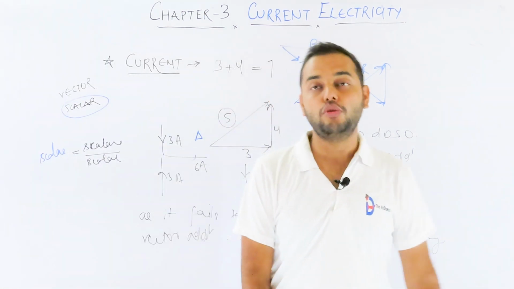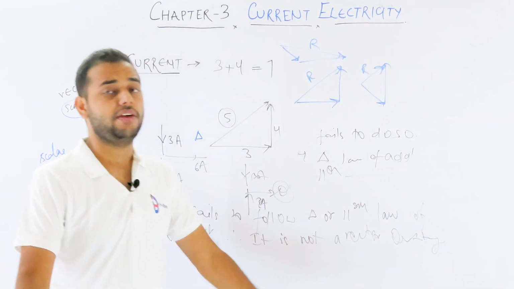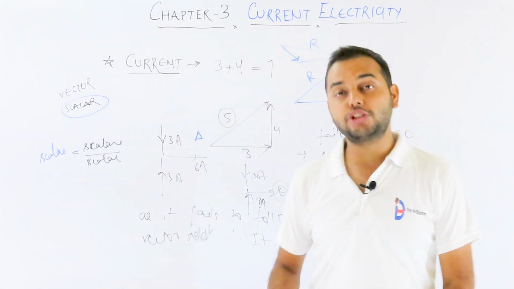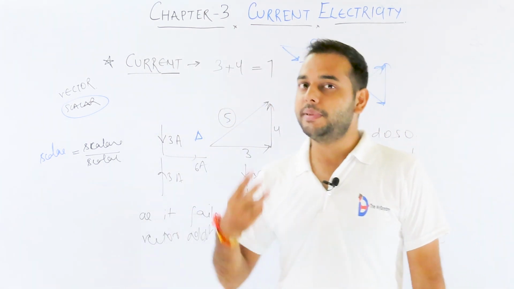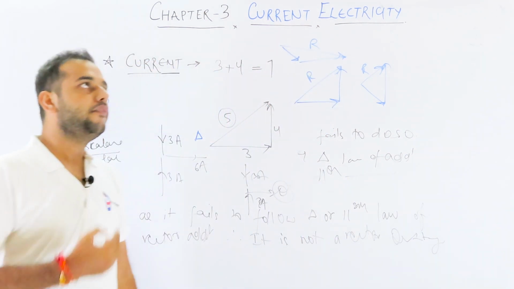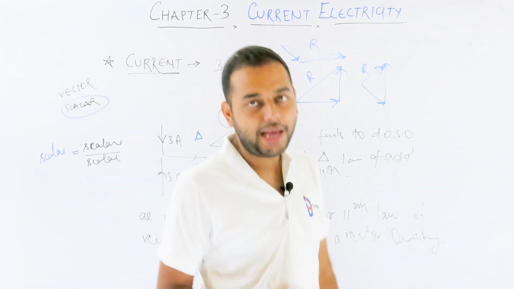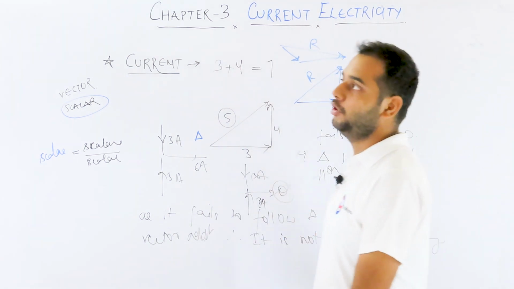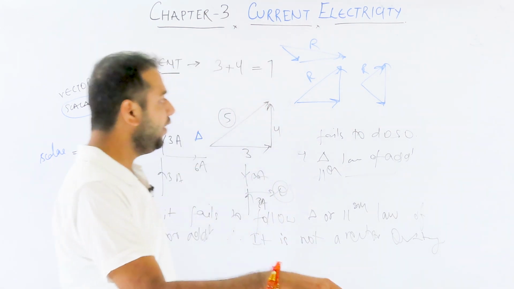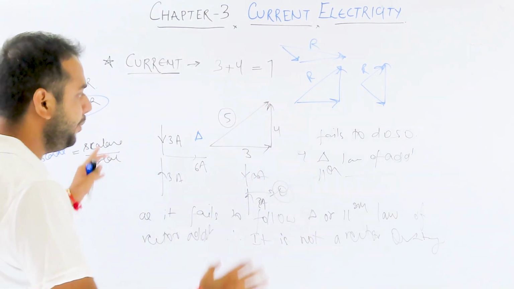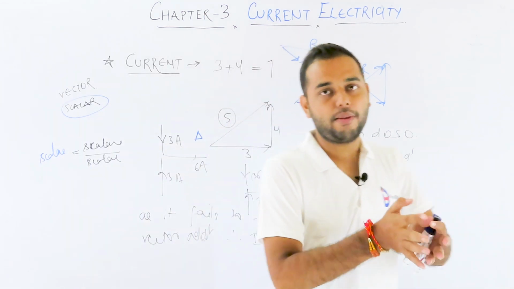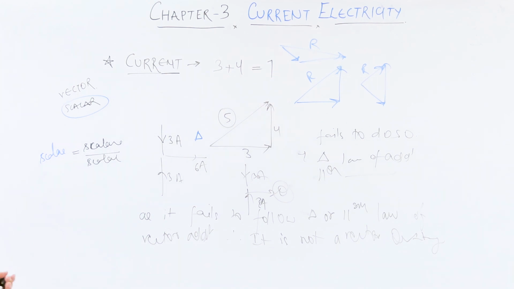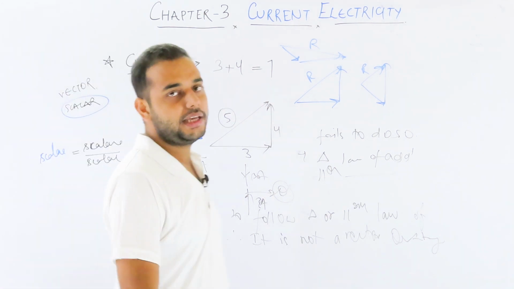Remember this, guys. Up to now you must have known that a vector quantity is a quantity which has a magnitude as well as direction. But from now onwards, if someone asks you what is a vector quantity, you must give 3 points. First, it should have a magnitude; it must have a direction; and it must follow the triangular or parallelogram law of vector addition. Then only you can say that quantity is a vector quantity, otherwise not. Current is a very beautiful example of that: although it has a magnitude and direction, it is not a vector quantity. And we have already discussed its unit, which is ampere, given by coulomb per volt.